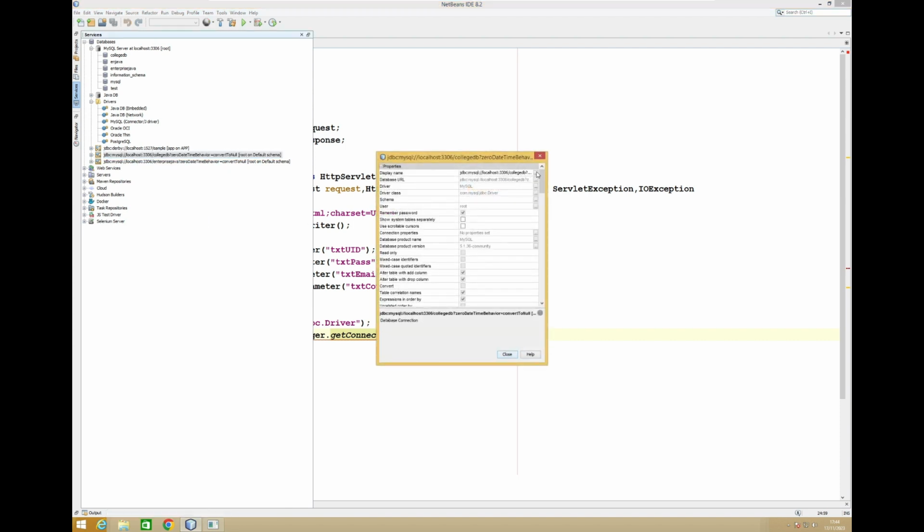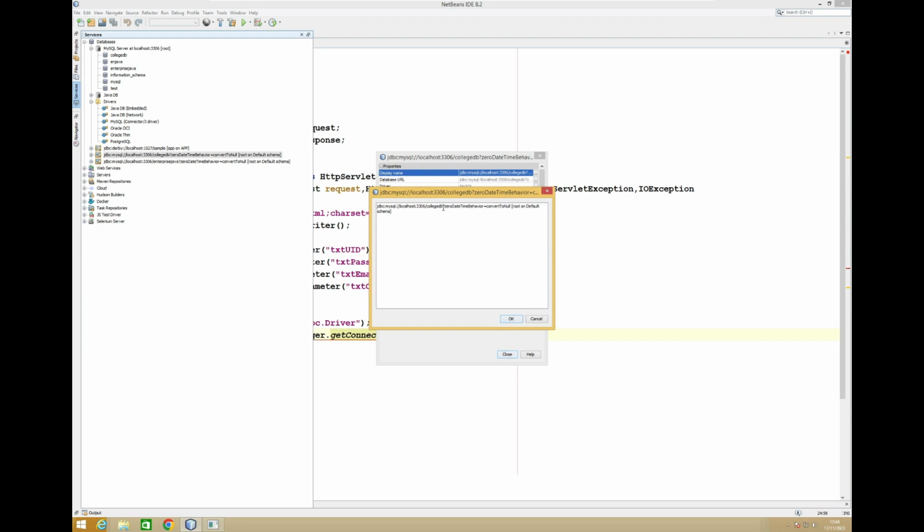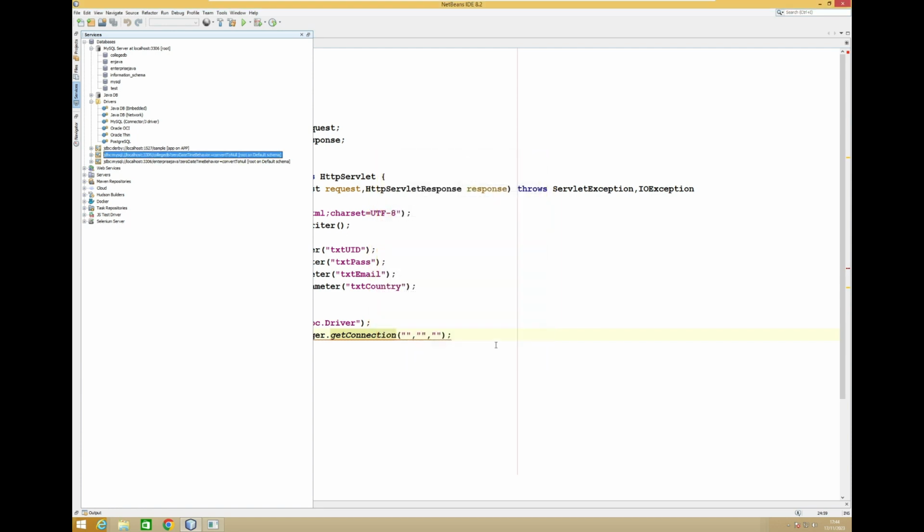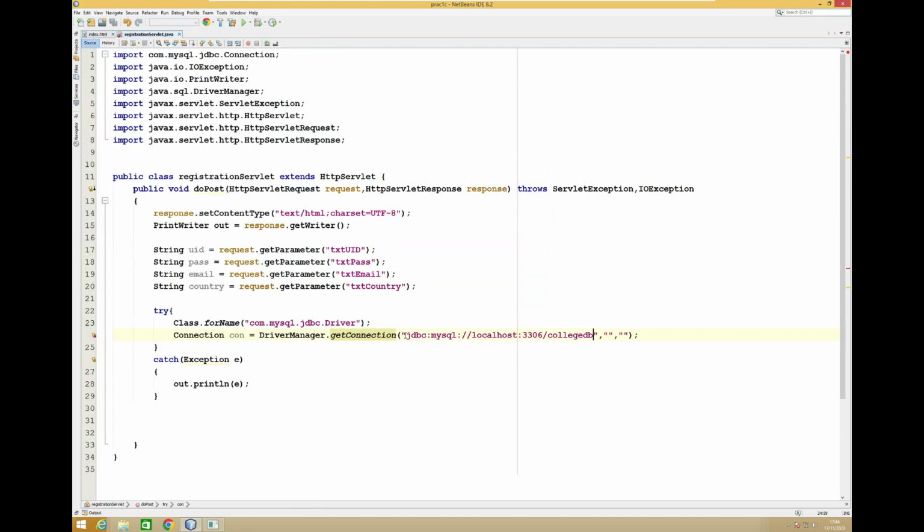Again in the properties we'll click over here, and we'll copy from jdbc till the name of my database, not the whole part but till over here only. So we have copied it over here, then the root user and the password of my database. So till now we have done this. Now the next statement is we have to create